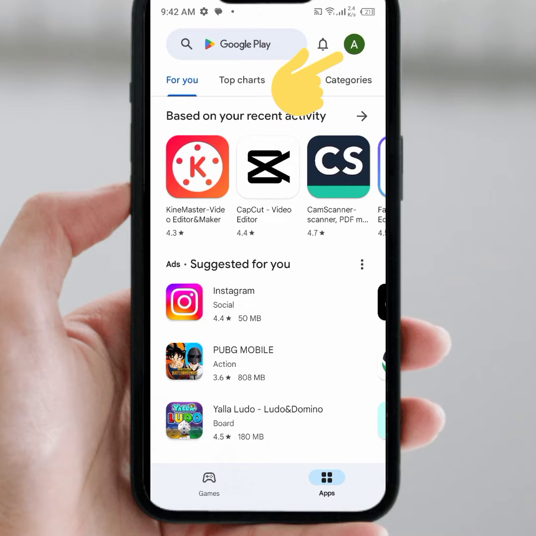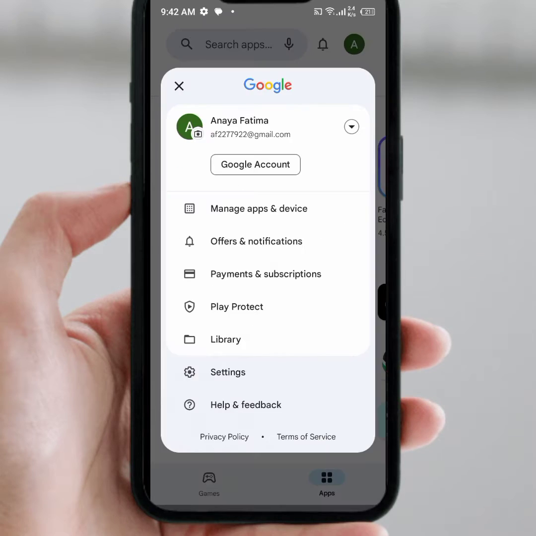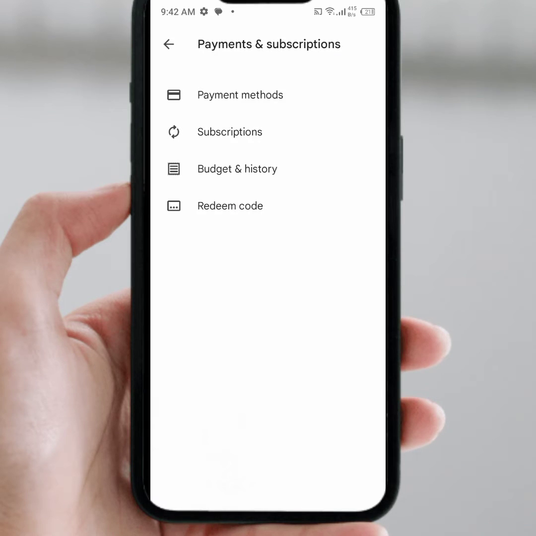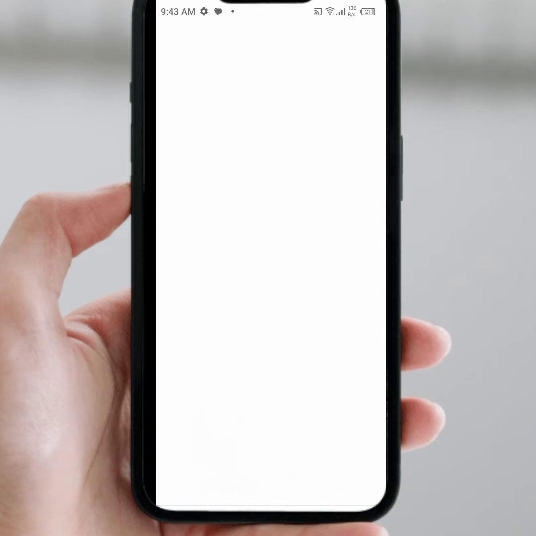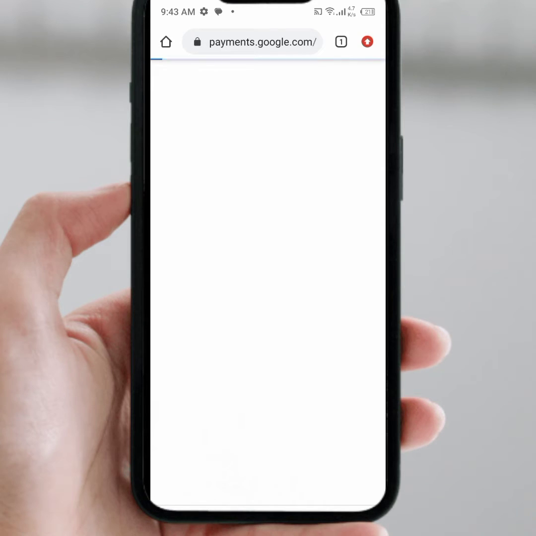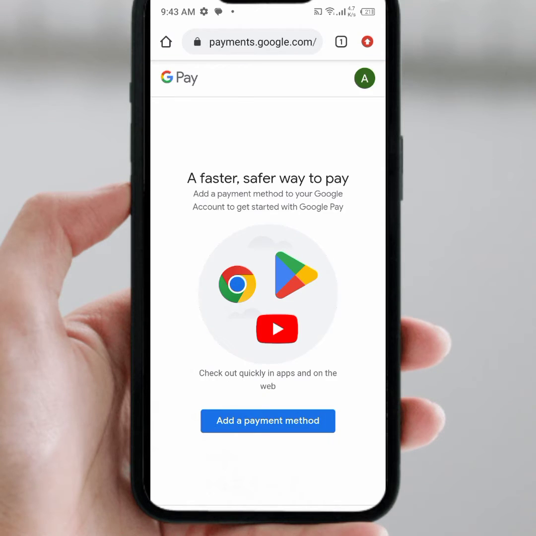From here click on the profile icon, then click on payment and subscription, then click on payment method, then click on more payment settings, then click on add a payment method,